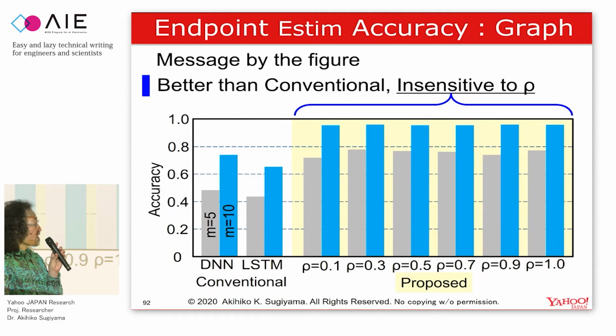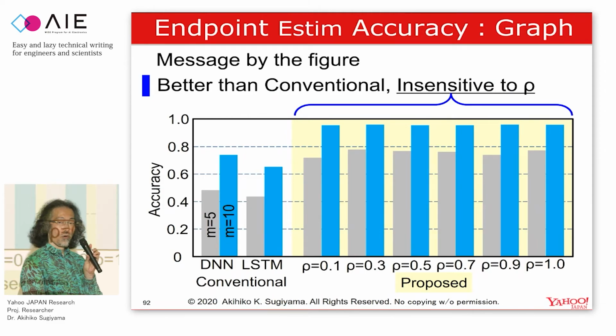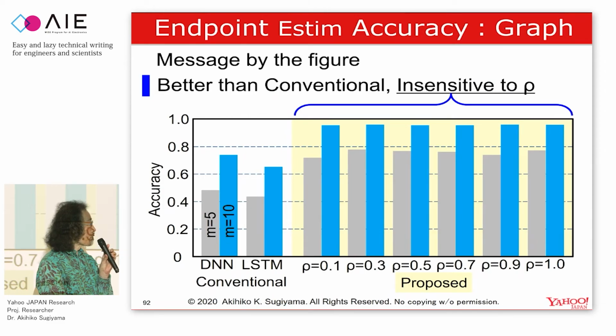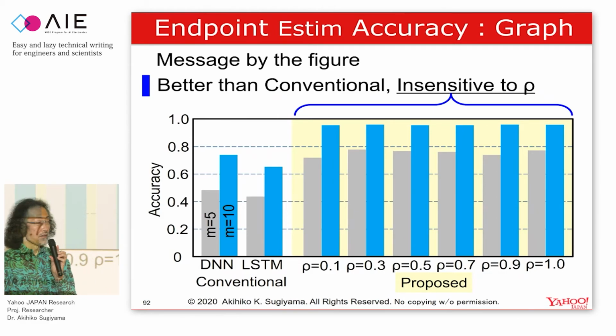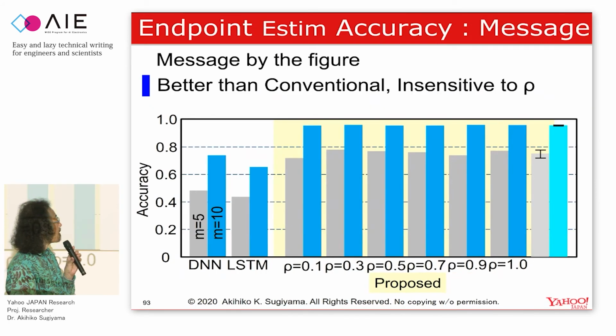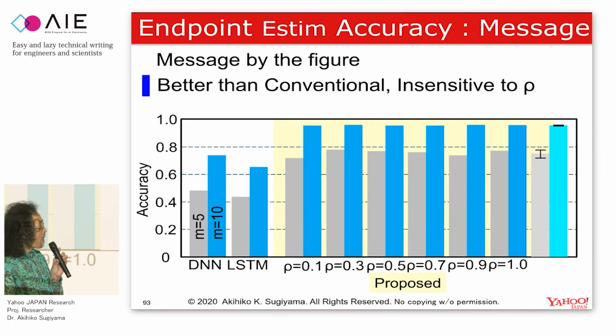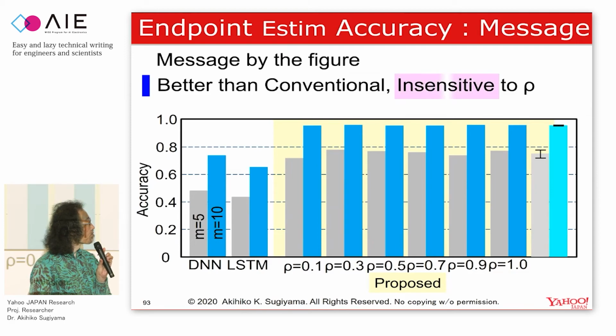And even if you change the value of rho, the performance, the height of the blue bars, they don't change very much. Okay, so it shows insensitivity of this accuracy to the value of rho. So let's make it in another form. Instead of showing these things, insensitivity to the value of rho,